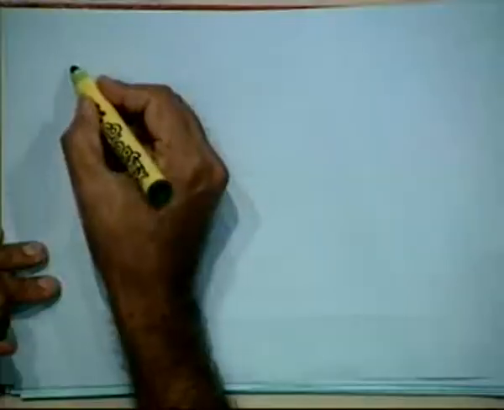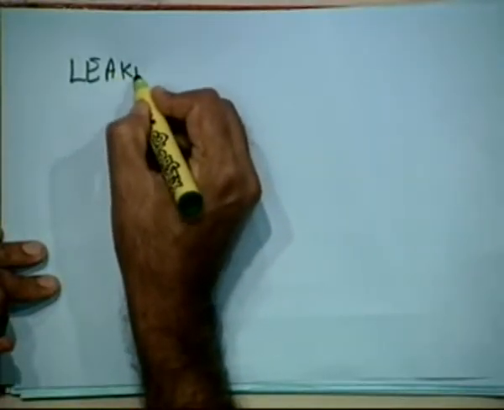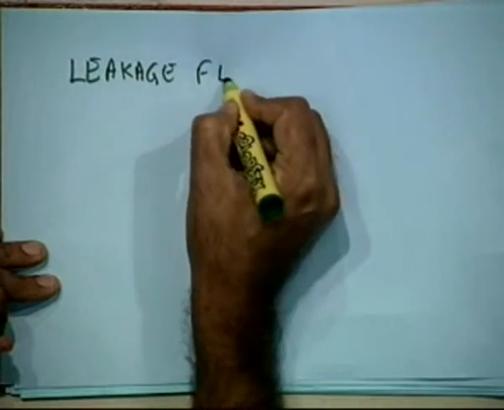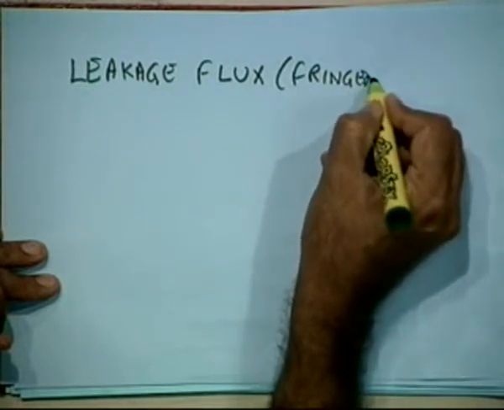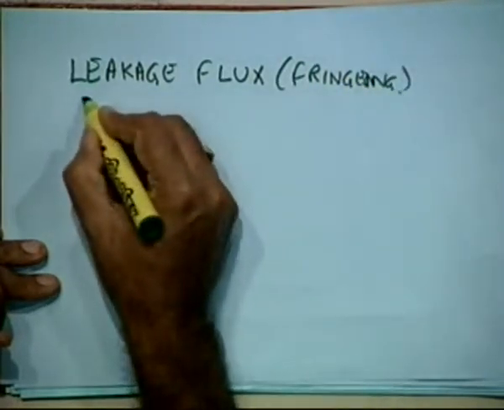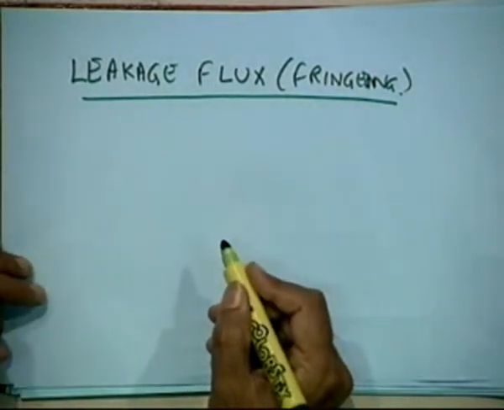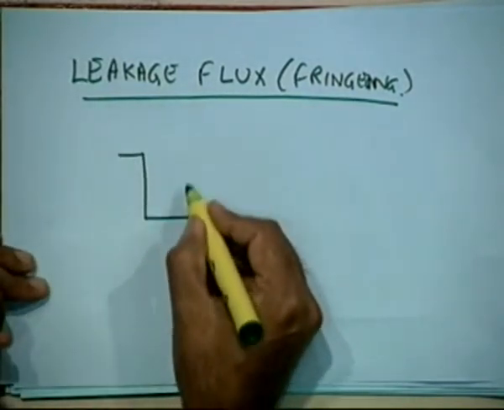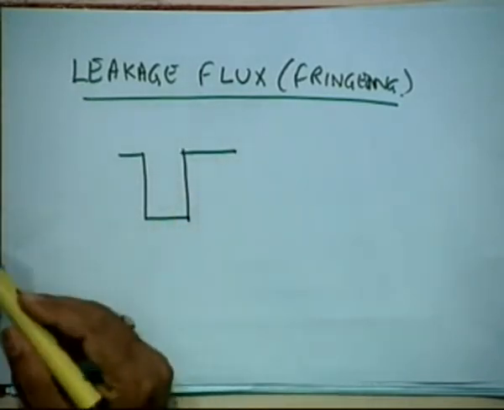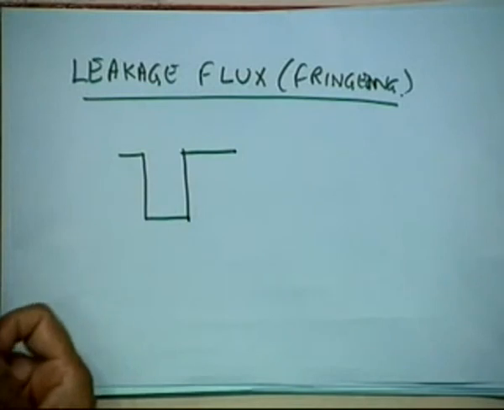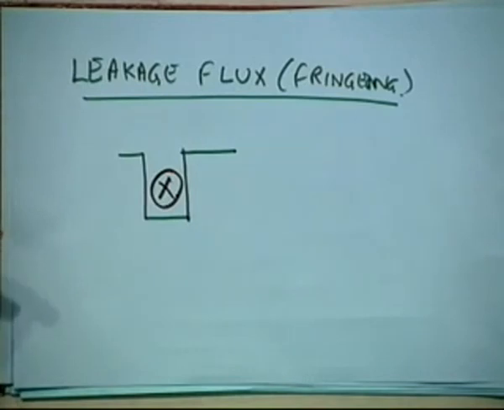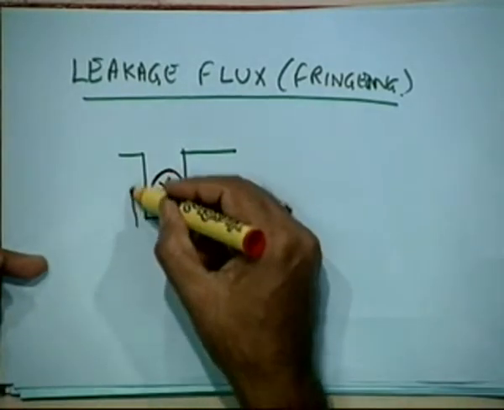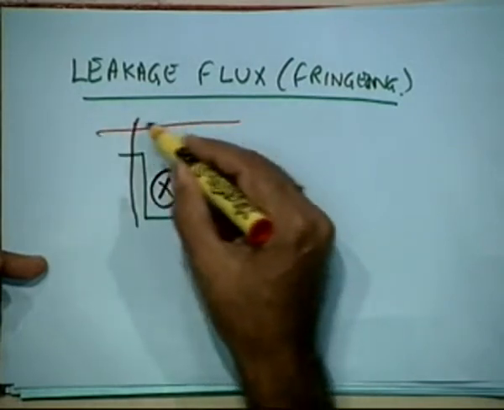Second aspect that you need to know is leakage fluxes. And also fringing. Now, if you have a slot in which there are some conductors here, okay, so far we assumed that the whole flux lines will just go like this, isn't it? It goes to the other member and comes back,